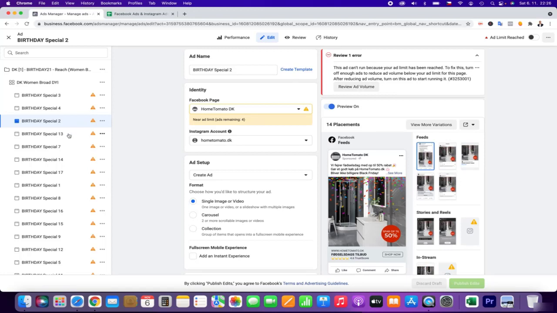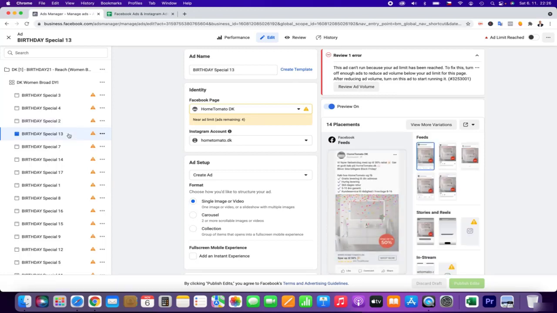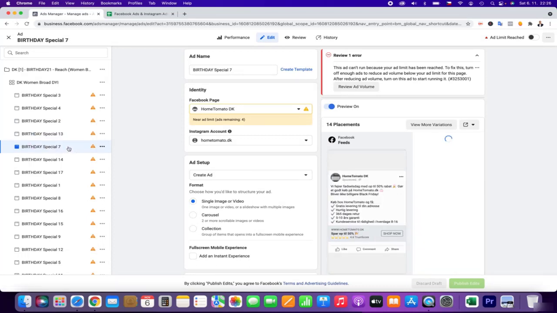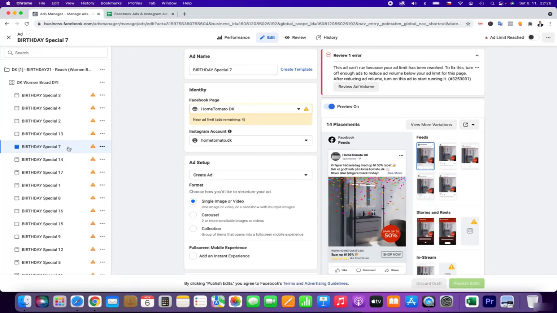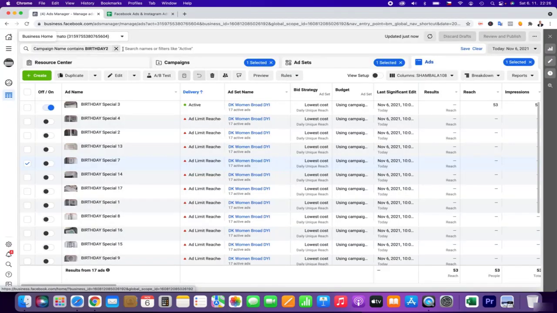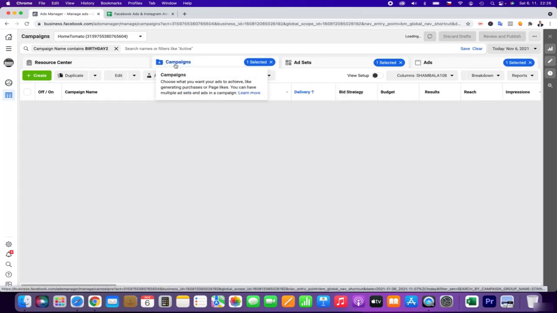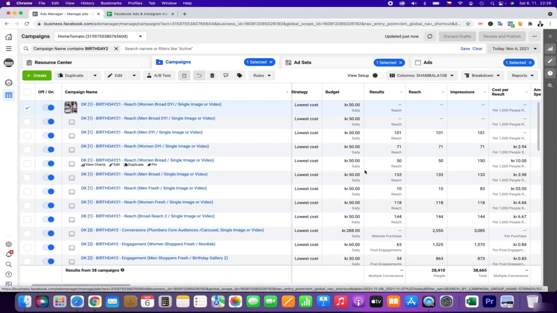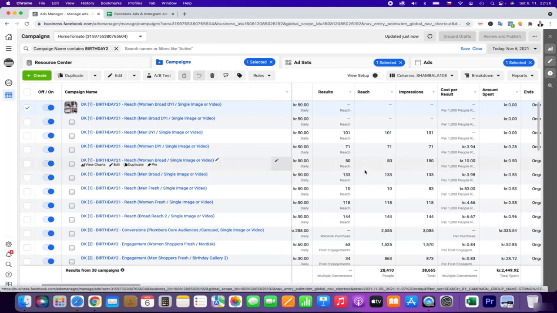is the same. And as you can see, I'm now running quite a lot of ads. So unfortunately, it doesn't seem I will be able to run them all. I will have to turn off some more because we have the limit right now. It's around 250 ads. It's connected to our ad spend. So basically, I will have to turn off one more.